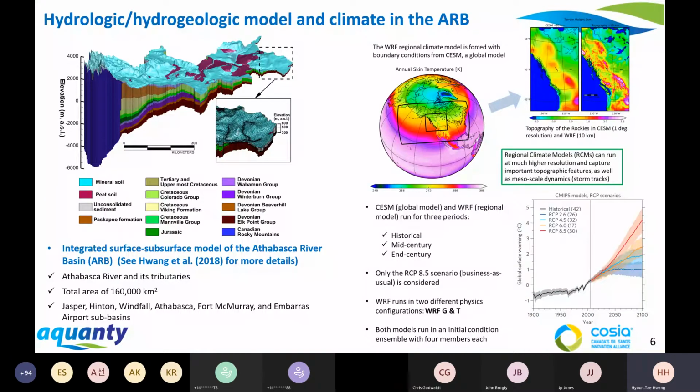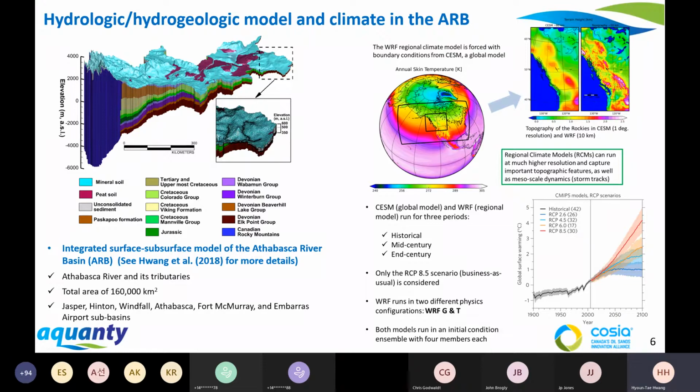So let's get to the Athabasca River Basin model. And here, the left figure shows the Athabasca River Basin, ARB, model that consists of a total of 23 numerical layers that cover a total of 13 geologic units from Devonian to top mineral and peatland soils. So this model covers about 160,000 square kilometers. For the climate data used for this project